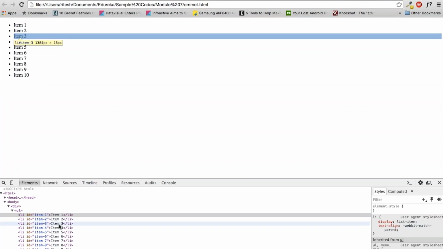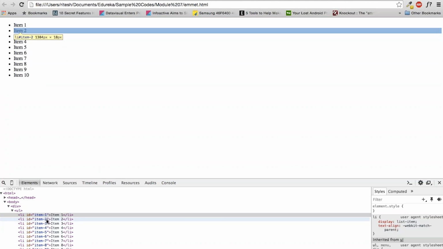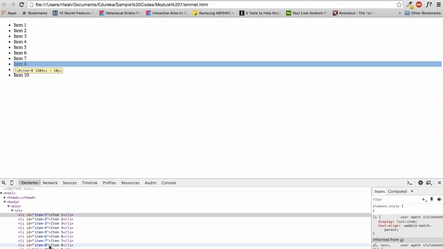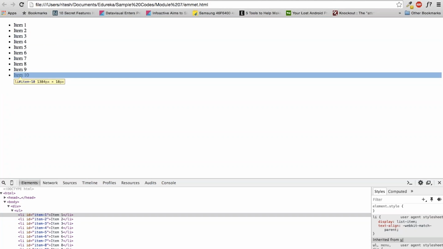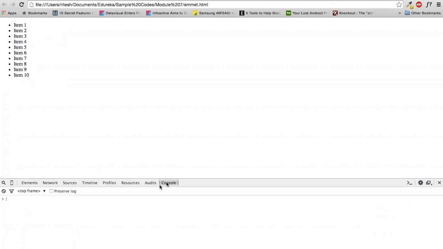So there is no such inspector or debugger for JavaScript as far as text editors are concerned. All those things can be seen here. You can see each and every component out here. You can just go through it. This is a console part where you can see all the elements and where you can debug the code.